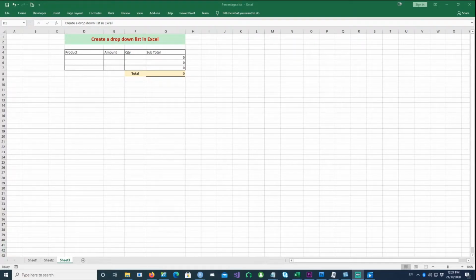Hi, in this example, we will talk about how to use a drop-down list for values in Excel. For example, let's consider this spreadsheet. So this is a simple spreadsheet where you enter the products, for example, shirt, and then you enter the amount of the shirt, and then you enter the quantity, and then you get the subtotal and the total of the